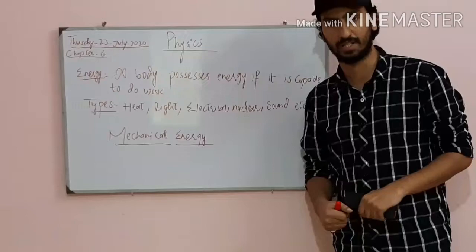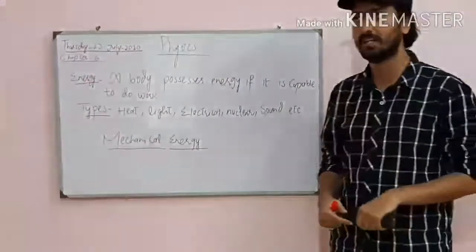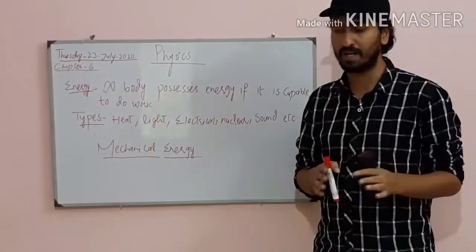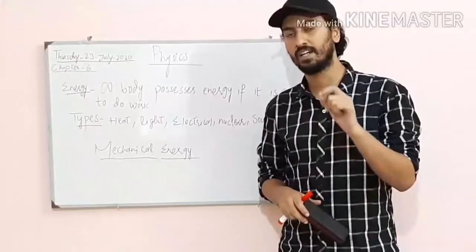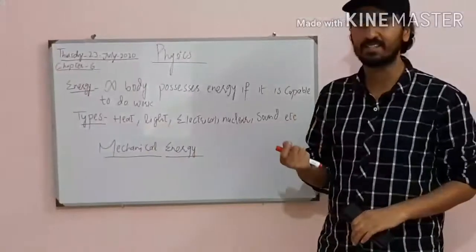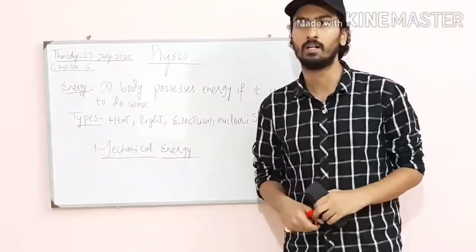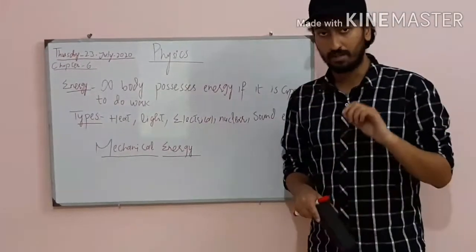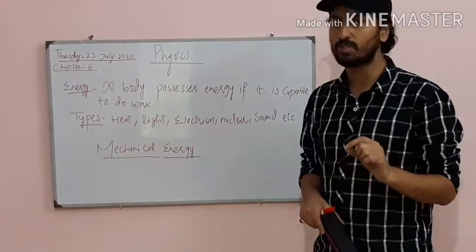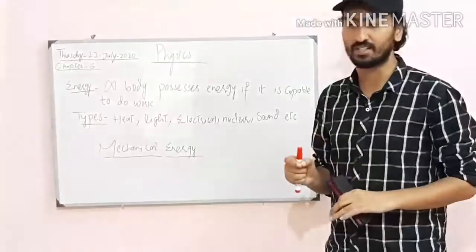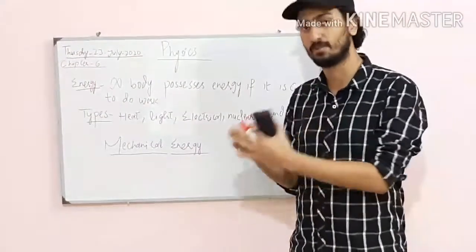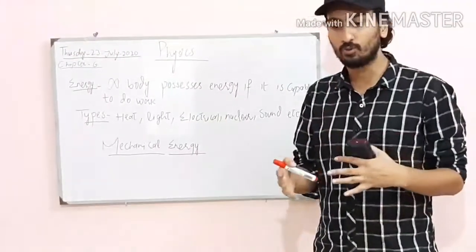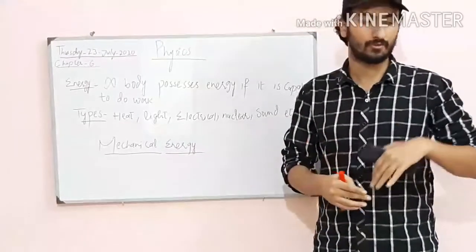Our last topic was work. A lot of students ask me that I have said that despite the fact that W is equal to F into S, I said that mass is also a basic factor in the equation of work. Remember students, generally W is equal to F into S. The basic factors on which work depends are force and displacement. Mass is a factor when we have to change the mass